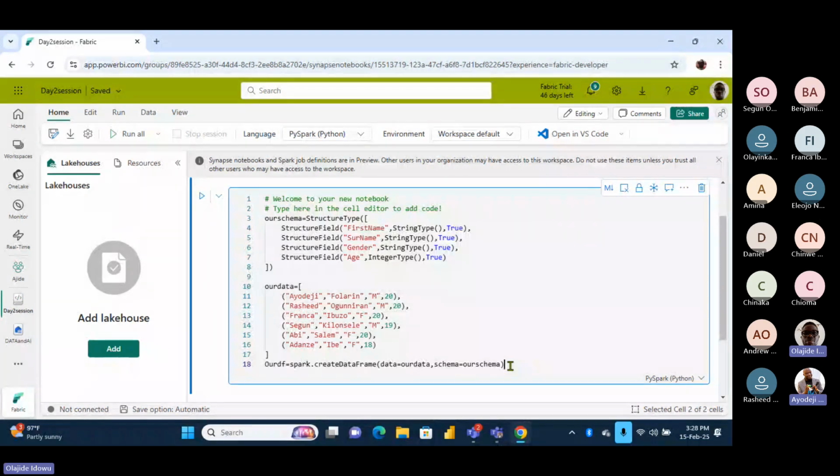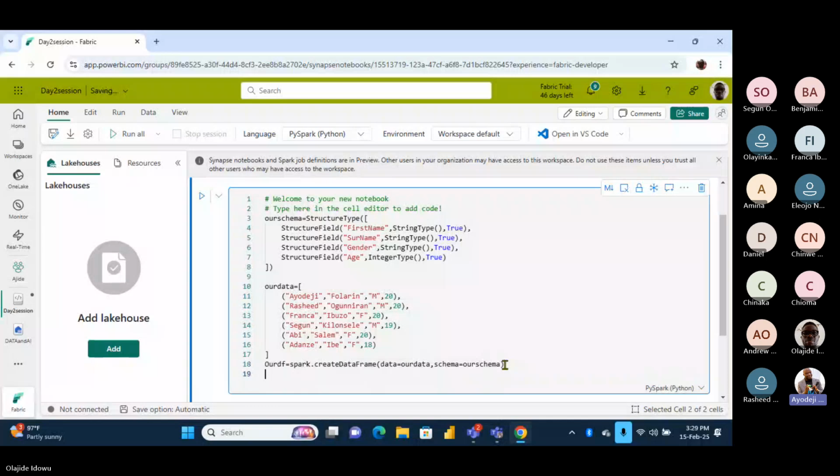You print the schema, but to see the data, you show the data. You can try both of them: our DF dot printSchema, open and close bracket, and our DF dot show. That will show the content of the data frame.